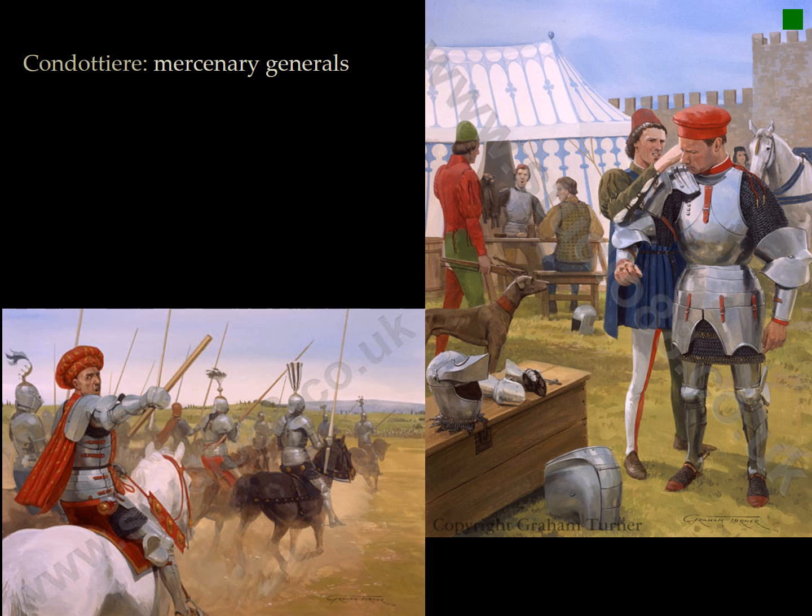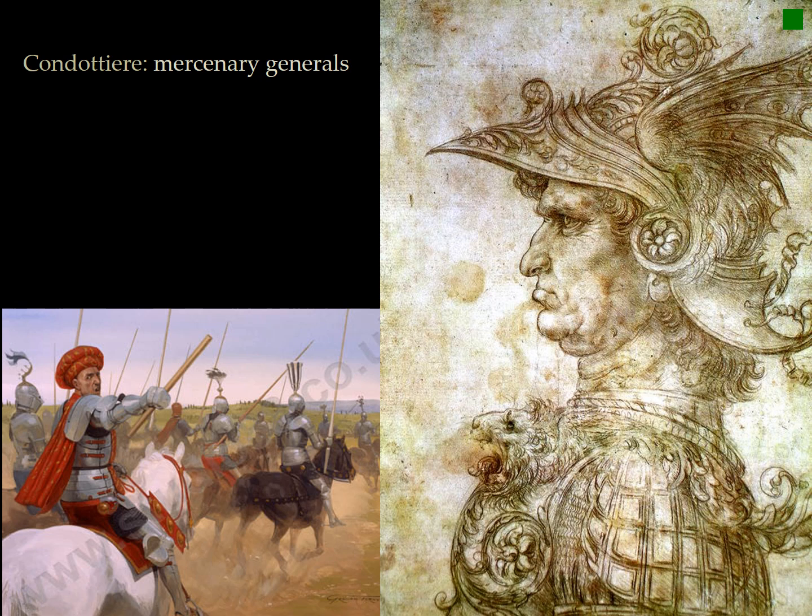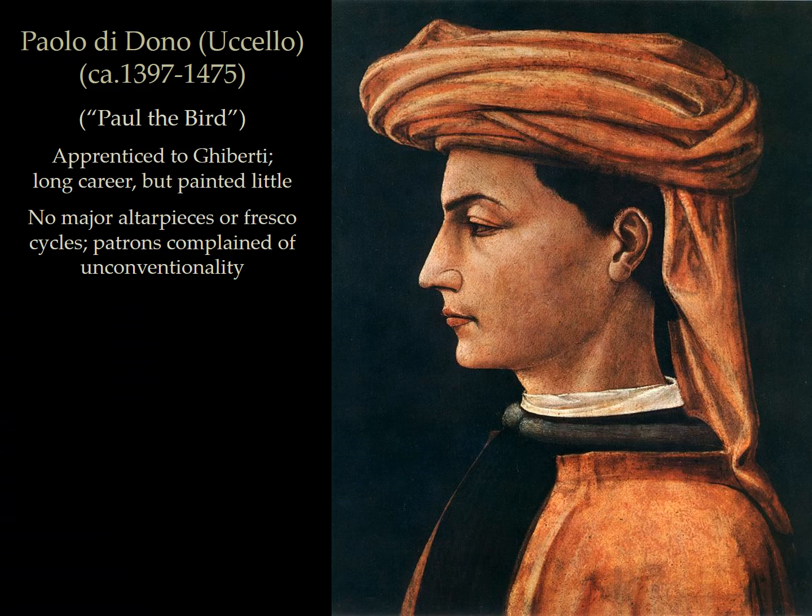They celebrate condottieri, or mercenary generals, because in Italy at the time, there were no standing armies from the cities themselves. Instead, cities would hire professional mercenaries with their own armies to fight their battles for them. Obviously, if you had more money, you could hire a better general, and there'd be a greater likelihood that you would succeed in battle. The first artist we'll look at is Paolo di Dono, also known as Uccello, nicknamed Paul